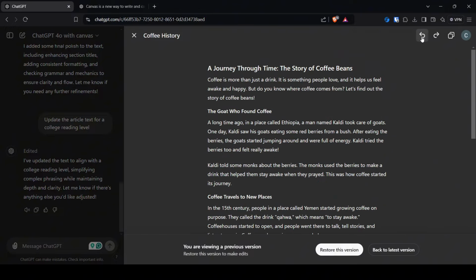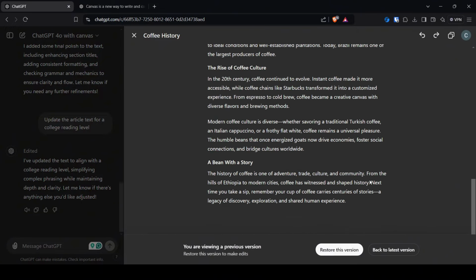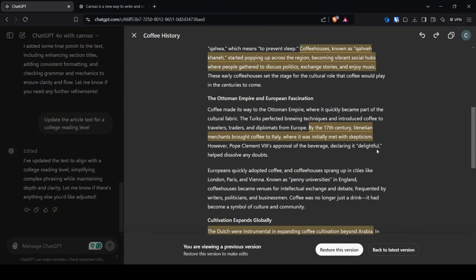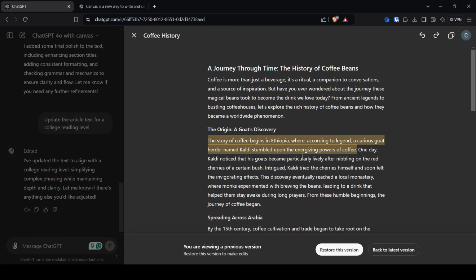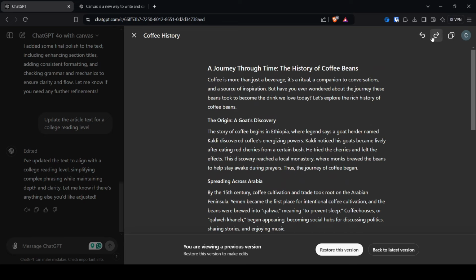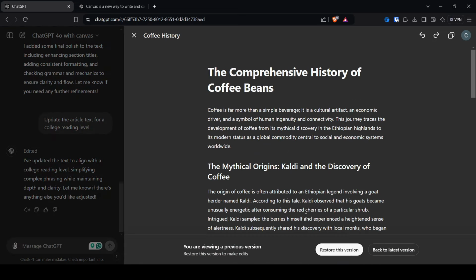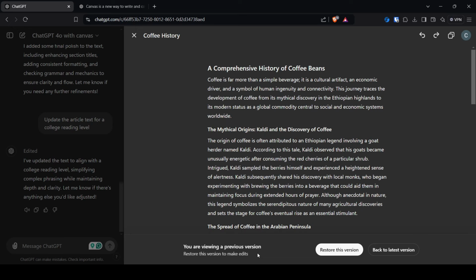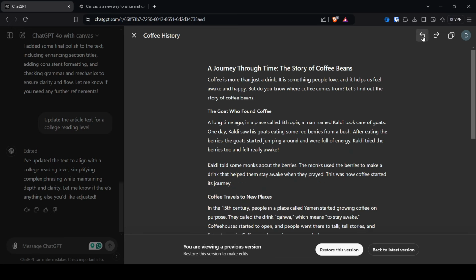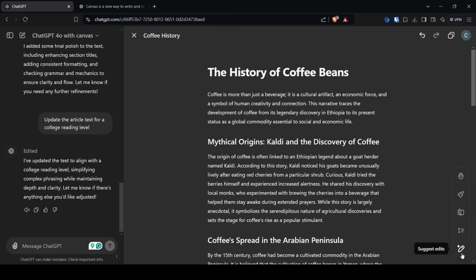Let's see what's changed. There's nothing changed because this is a complete rewrite. But the final polish, there's nothing changed also. I don't see any changes except for this. It would be nice if we can see what we did in this current version. In the previous version, for example, did we update the level or did we update the length and so on? Anyway, OpenAI said that they are rapidly improving the capabilities of Canvas.